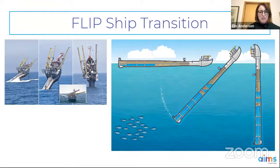Wow. Yeah, that is one unique ship, and it's amazing, that's a lot of engineering that went into designing that, but it definitely has a unique purpose, and that's what engineering is all about: designing things for unique purposes, to help create or come up with solutions to problems that you may have, or that a community may have. So I'm going to go ahead and share my webcam again,